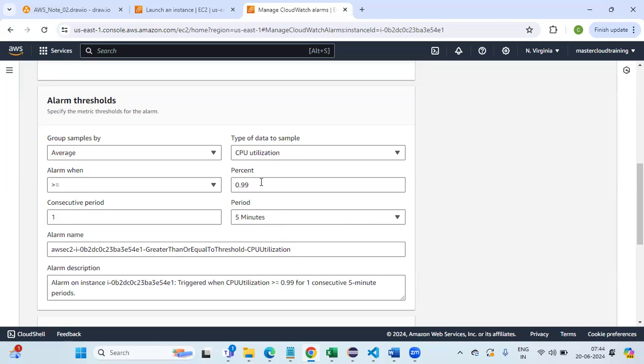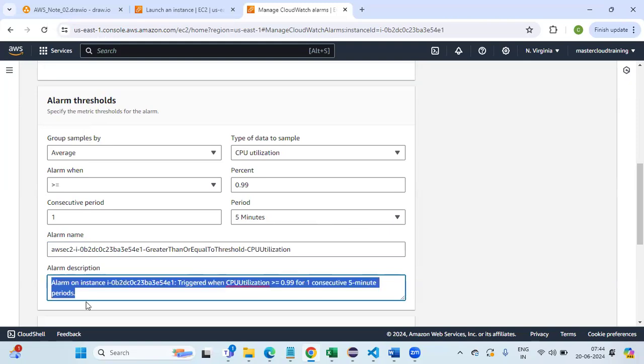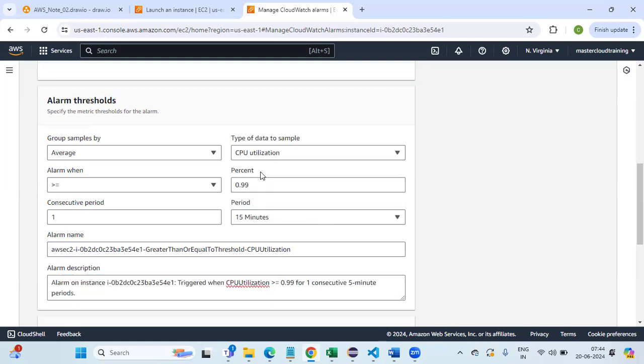Yes. So basically, these are the attributes which we are going to verify or monitor through CloudWatch on EC2. The alarm name is this one. It includes the EC2 instance ID. The alarm description is this. Consecutive every 5 minutes period, right? This is what we have selected. If you are going to select 15 minutes,